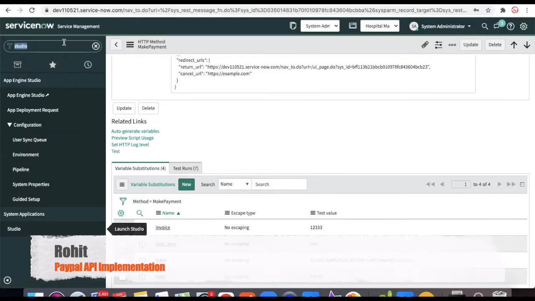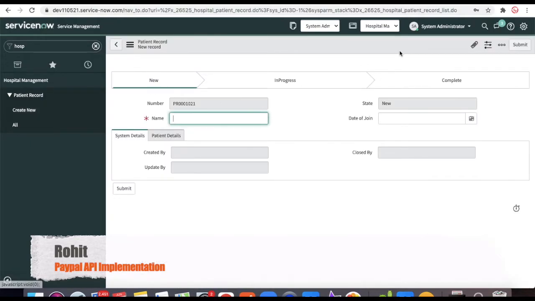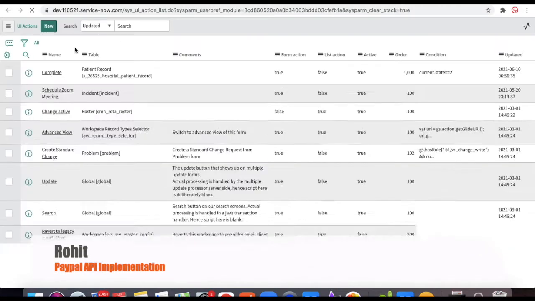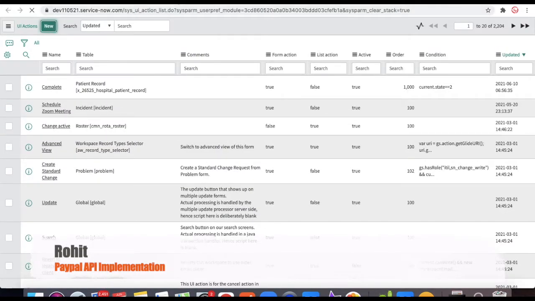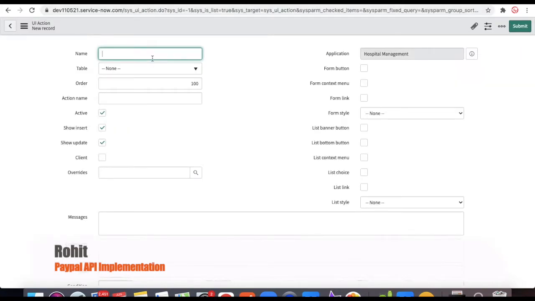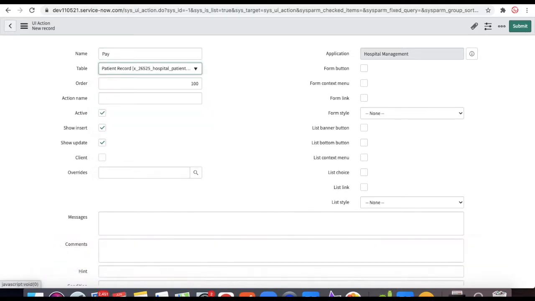Now we have to go back to any of these applications. So this is one of my applications. I'm going to create a UI action. So whenever you click the UI action, it will call these two APIs and redirect you. So I am going to create a UI action called pay under this patient record, form button, the order is 200,